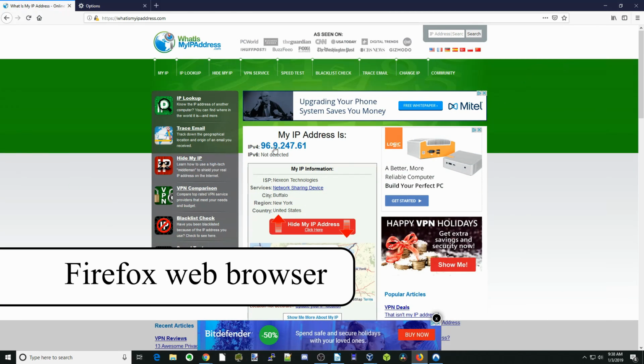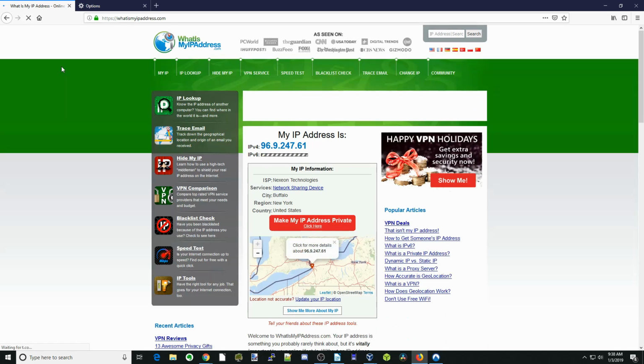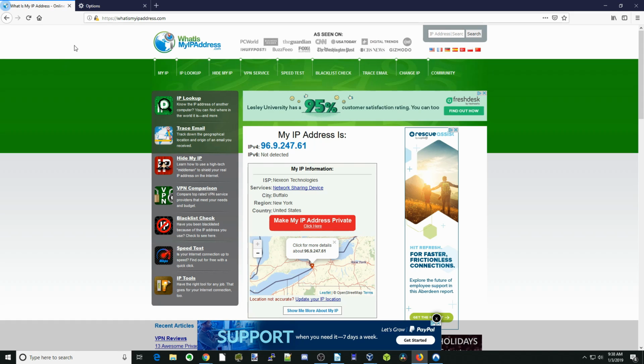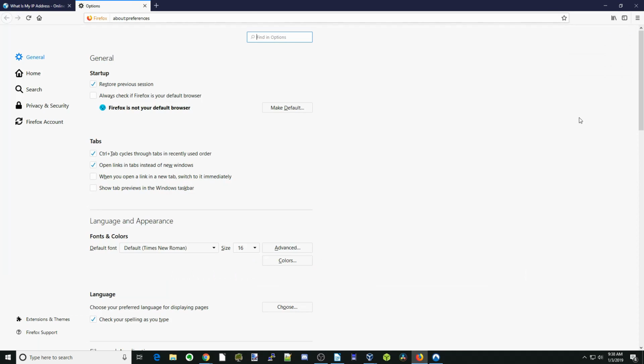And so here you can see, again, we have what is my IP address. And so I'll reload it just to see. So there you can see it has the same IP address. And so next we're going to go to options, and how you find options is you go to the top right corner here, press on the 3 lines. When you do that, then you click on options. And so now we're under general options,